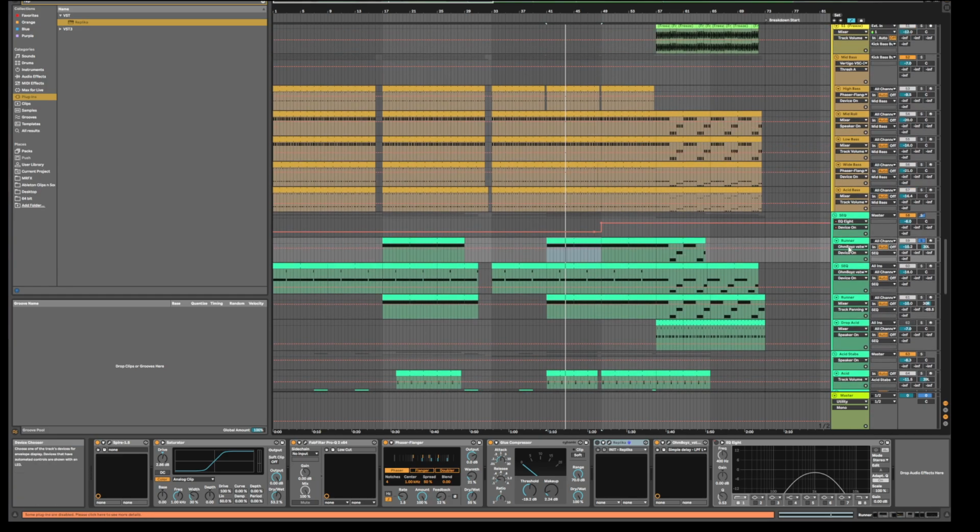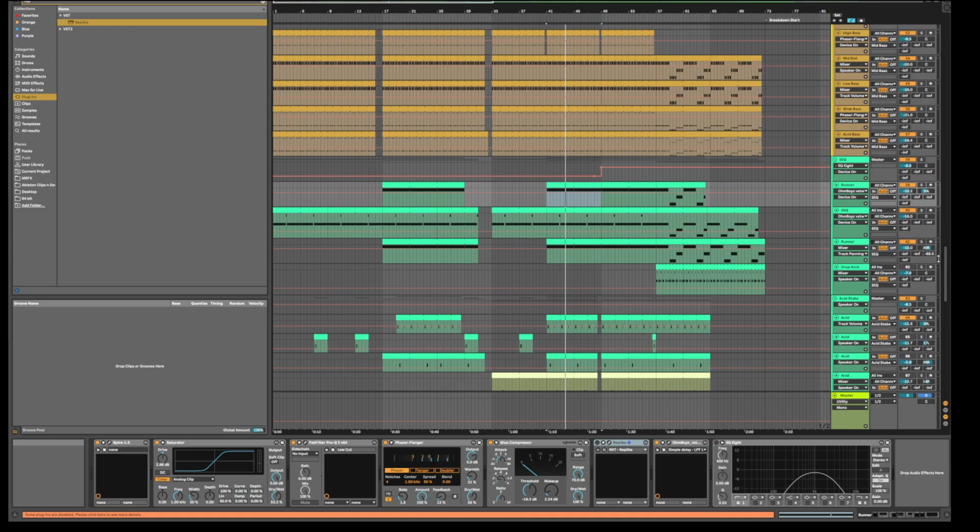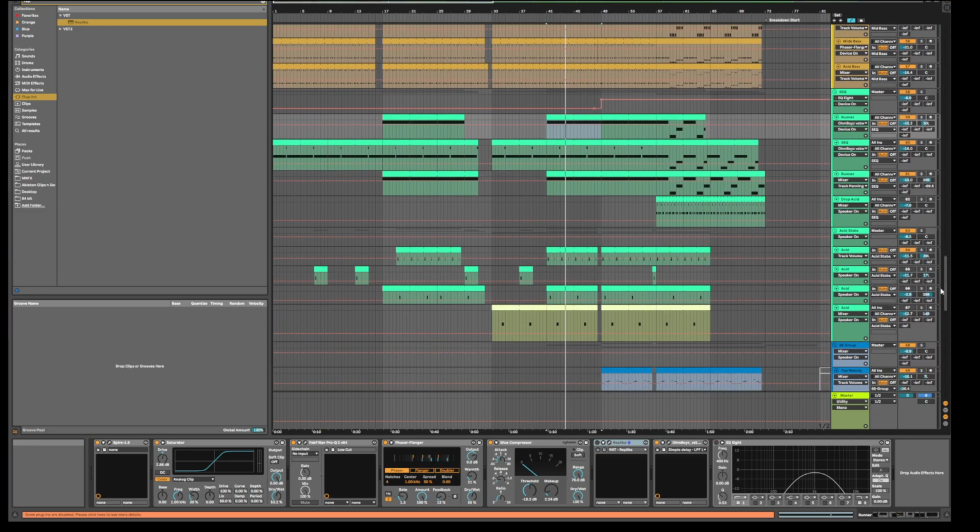Obviously make sure you're not overloading your sides too much. Creating space and cleanliness in the stereo field, I think I'll leave for another tutorial. This one's already gone pretty long. But make sure you don't leave low information in the stereo field, and that's going to help you a lot. And move your elements around left and right. I generally have a rule of thumb: this is 30, this is 30, that means I don't use 30 again. This is 39, these acid stabs. So I've got stabs going, which is even wider. So if we play them,